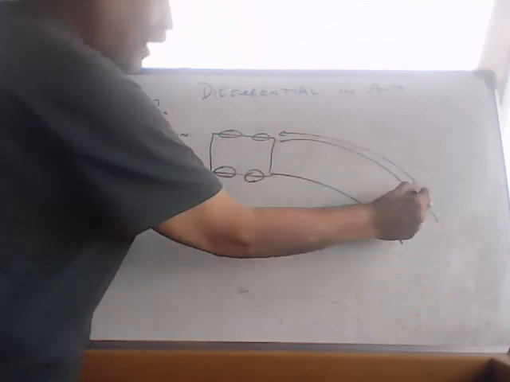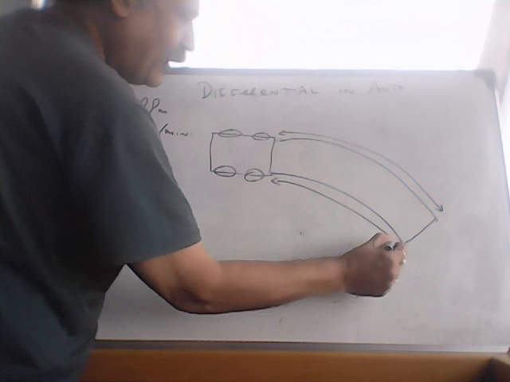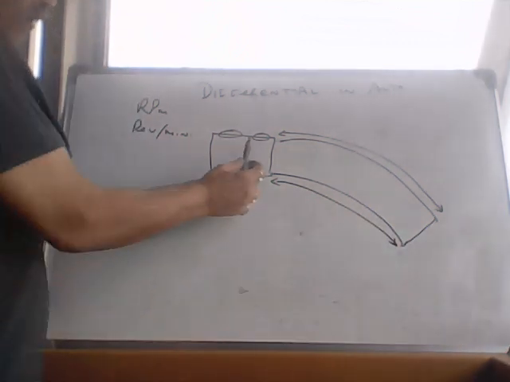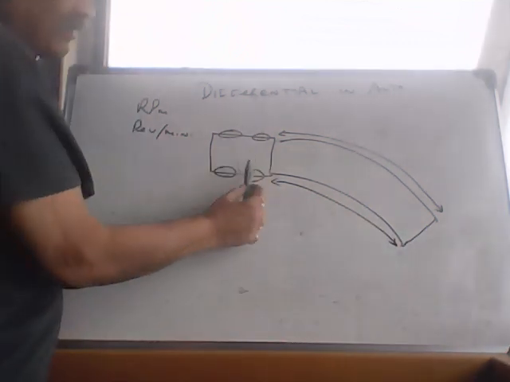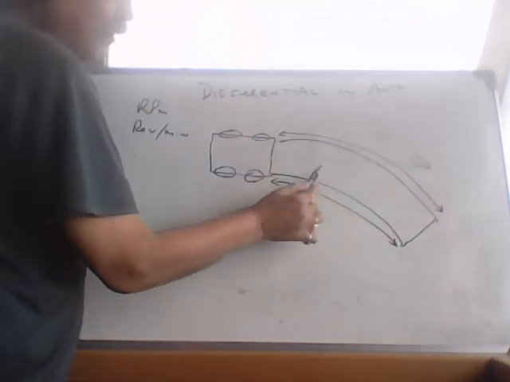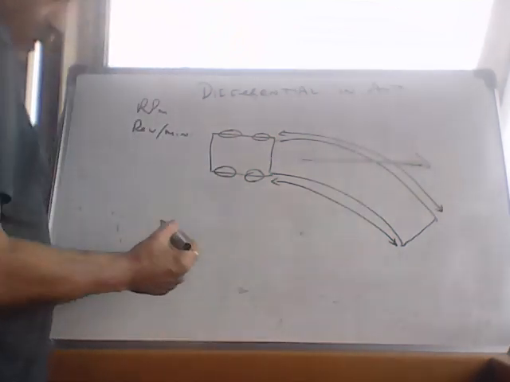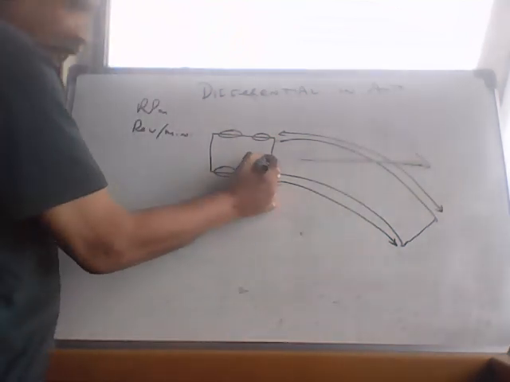For example, this arc is more than this arc. If you have the same RPM in all the four wheels, the car will tend to go straight. And if you try to turn, she might skid in this direction. So for that, you have a differential